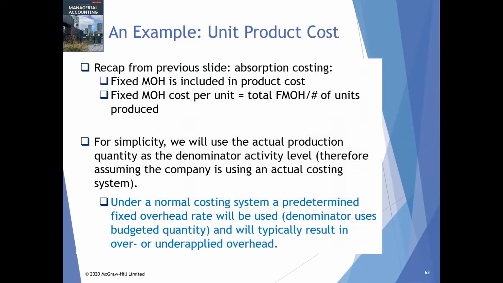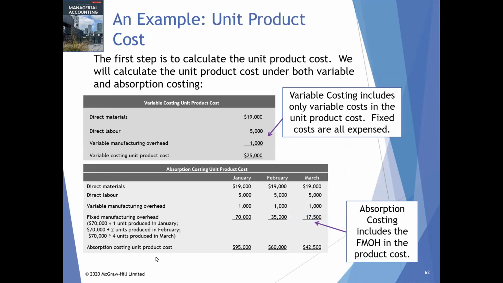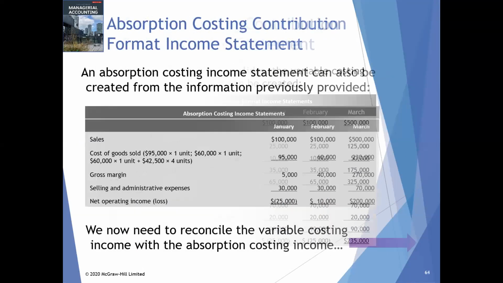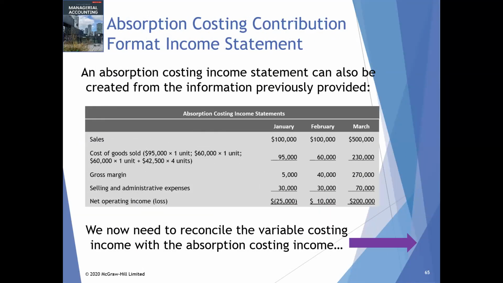I'm just going to show you. This is the absorption costing unit product cost. So 1 unit cost is this much as per absorption costing. So as per the absorption costing income statement, the one unit cost we are going to multiply with the units here, and that will be the cost of goods sold, right? So four units were there, so that will be the cost of goods sold here that we have calculated,